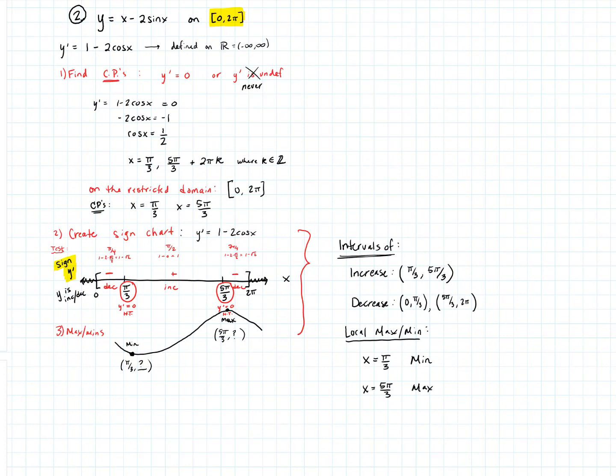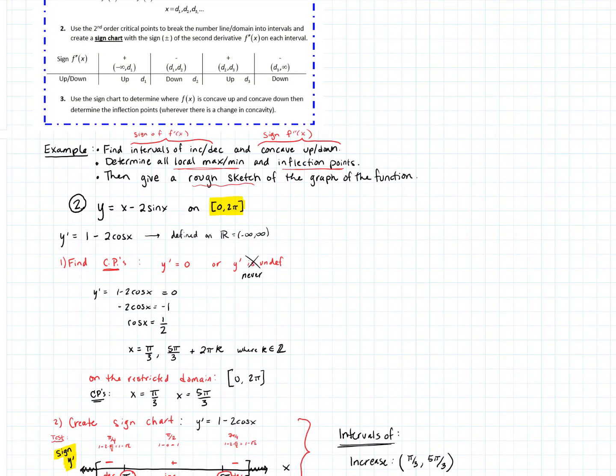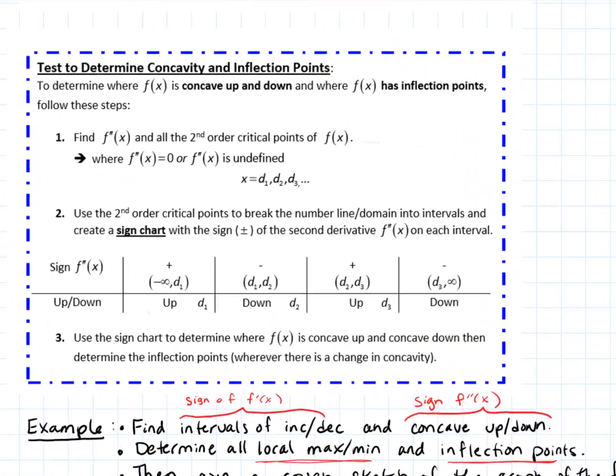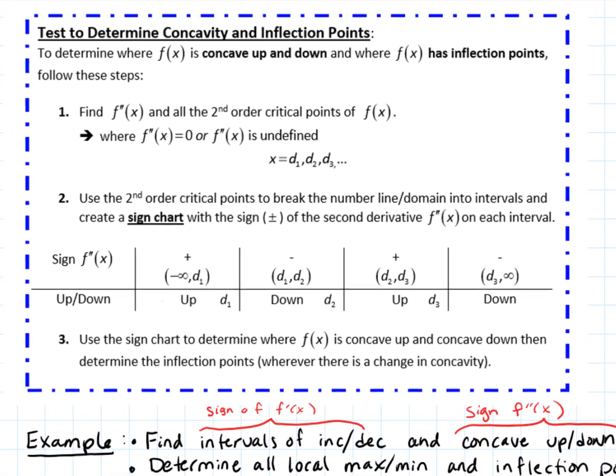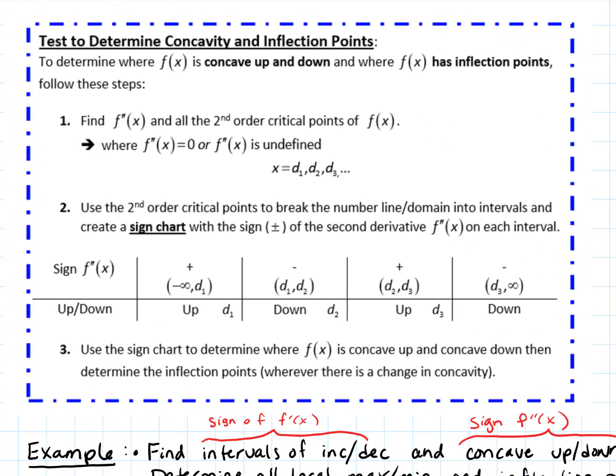So we found the first derivative. Now we're going to do something real similar, and we're going to plug into the second derivative. For the second derivative, to figure out concavity, let's remind ourselves of that process. First of all, we take the second derivative and then figure out where all those second order critical points are. So we're going to figure out where the second derivative is 0 or undefined. Then we're going to create a sign chart for the second derivative